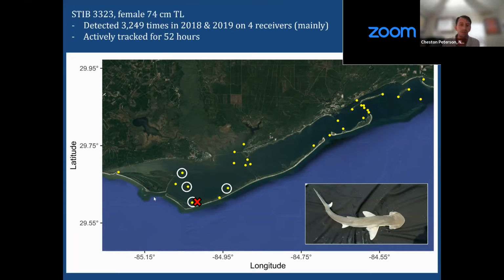And so this is tag number 3323, which is a 74 centimeter, about 2.5 feet, bonnethead, and she was detected over 3,000 times in 2018 and 2019, mainly on just 4 receivers. And she was also actively tracked, so that red X marks the location she was tagged. So you can see that for this bonnethead, there were a lot of detections, but really only on that